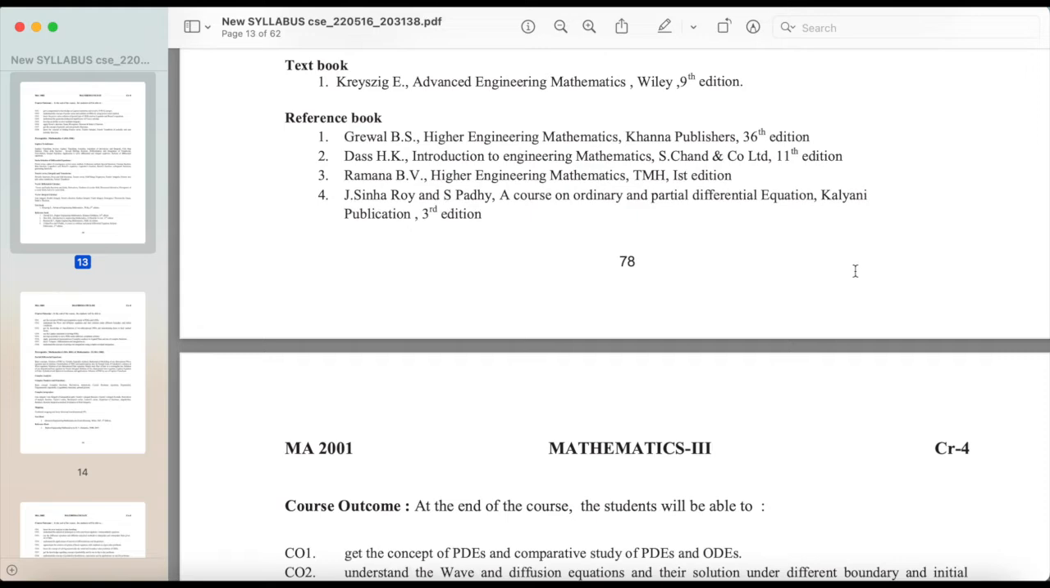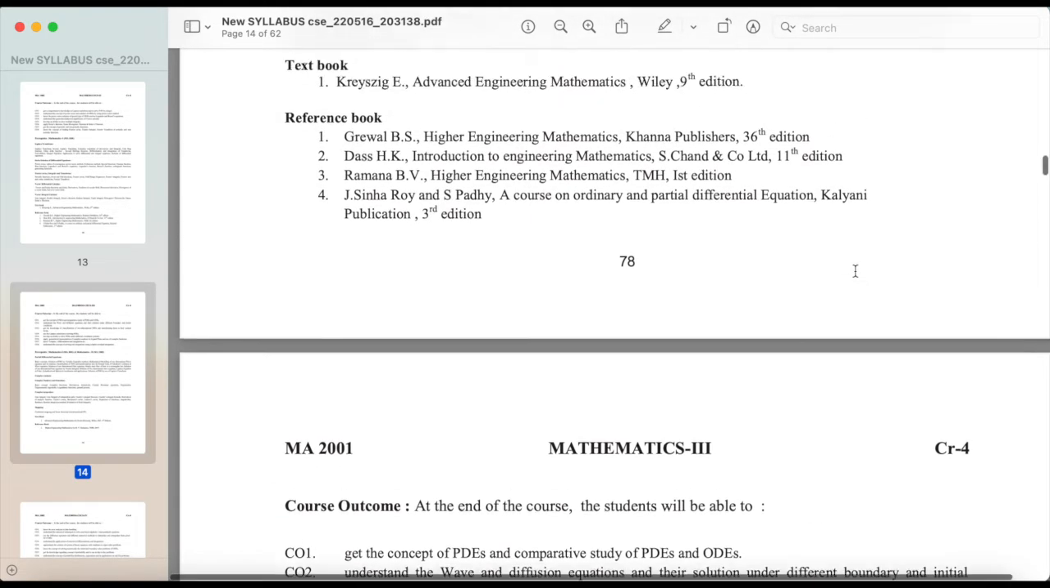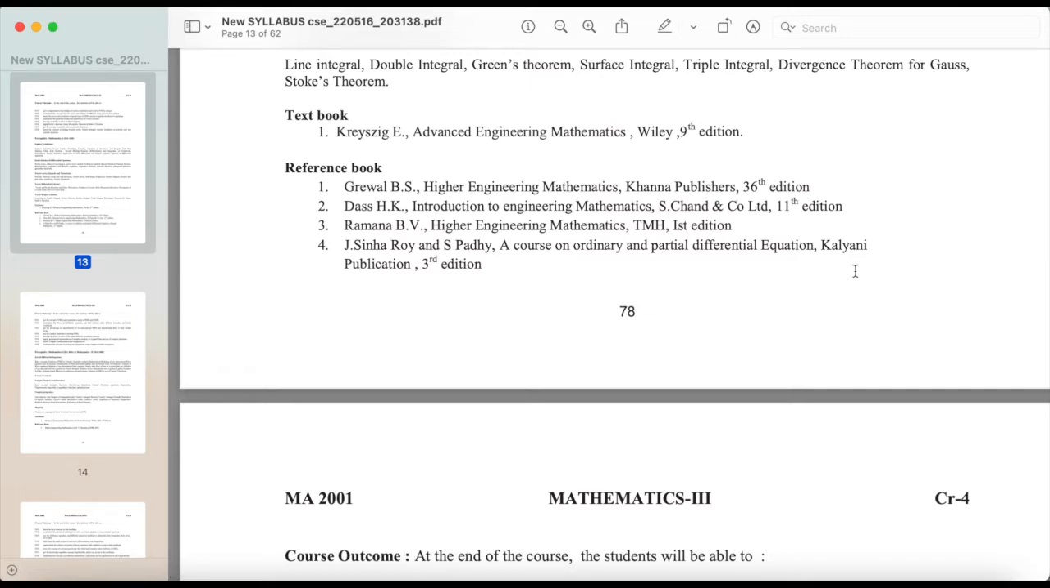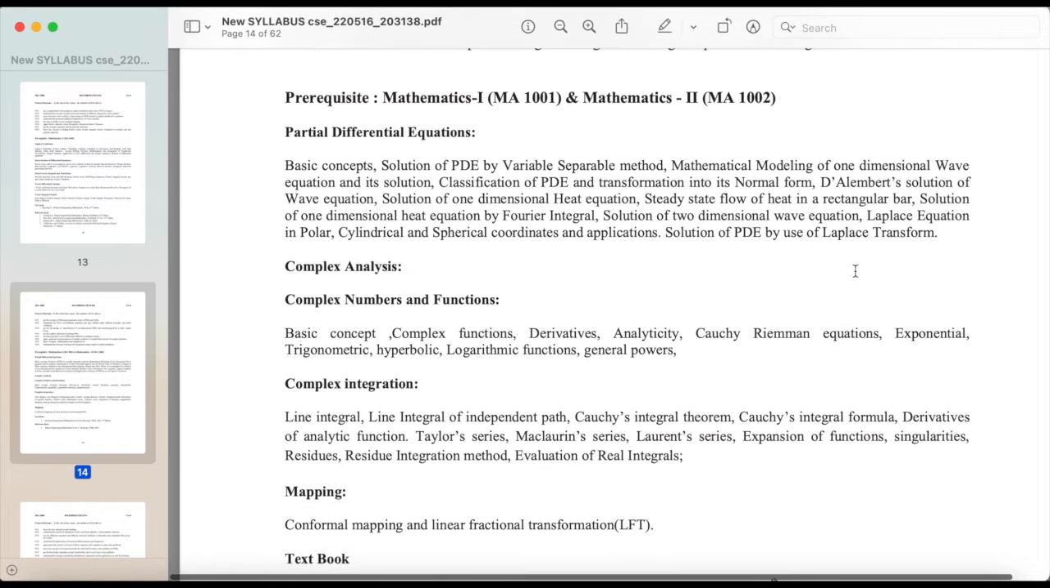Engineering Mathematics, Khanna Publishers, 36th edition. 2. Das H.K., Introduction to Engineering Mathematics, S. Chand and Company Limited, 11th edition. 3. Ramana B.V., Higher Engineering Mathematics, TMH, 1st edition. 4. J. Sinha Roy and S. Padhi, A Course on Ordinary and Partial Differential Equation, Kalyani Publication, 3rd edition. Mathematics 3: Partial